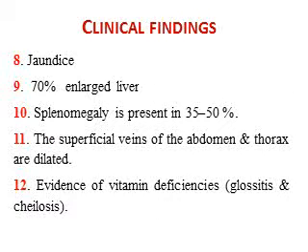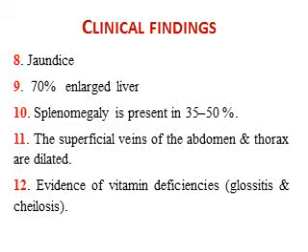Also, the patient may present with jaundice, which means yellowish discoloration of the skin and mucous membranes. Clinically, we can find yellow eyes, yellow soft palate, and yellow skin. Also, 70% of patients may have an enlarged liver. This finding is present in cases of compensated cirrhosis with or without variceal bleeding. In decompensated cirrhosis, we never find an enlarged liver. Why? Because in this stage the liver is usually shrunken and small in size.